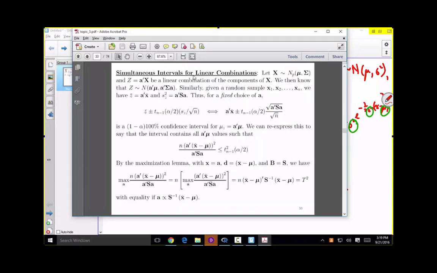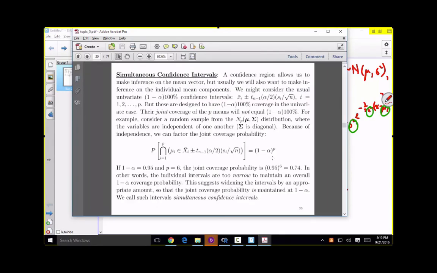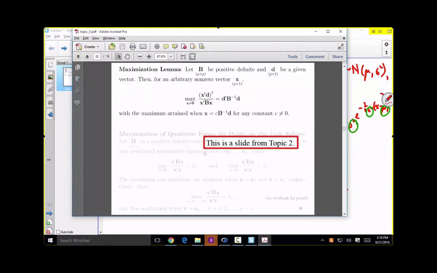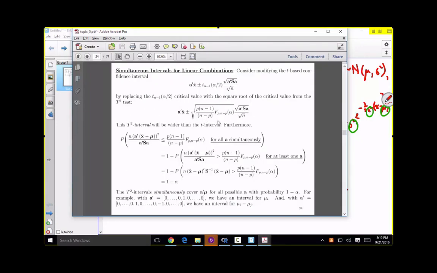If we end up with our nominal coverage to the pth power, that's less than the nominal coverage, that means we need to widen these intervals from what they would otherwise be. And the answer, or an answer, to doing this